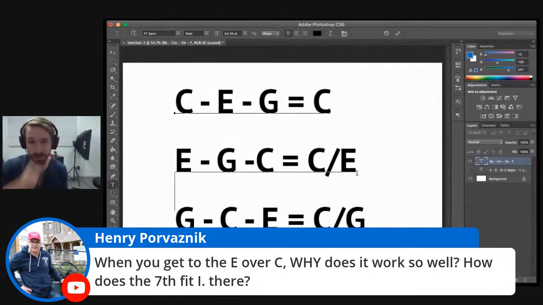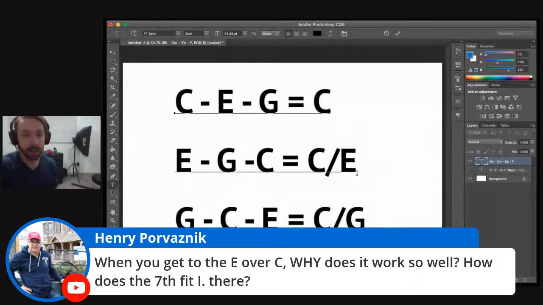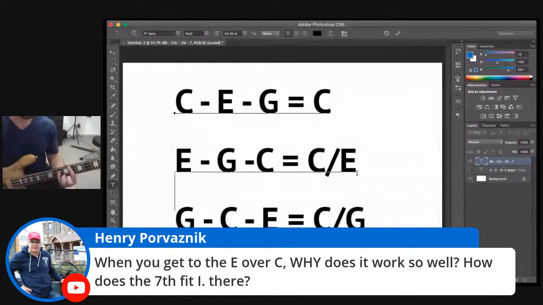The other super common one that gets used is if you're in a key. Let's just keep everything in the key of C for now to make things easy. If you're in the key of C, a super common chord progression, in fact the one we use in Don't Stop Believing, is 1 5 6 4. One chord going to a 5 chord. Instead of going to a 5 chord down there, we can play the 5 chord as a first inversion. So in this case, we're playing a C chord going to a G chord. But if we play the G chord in first inversion,